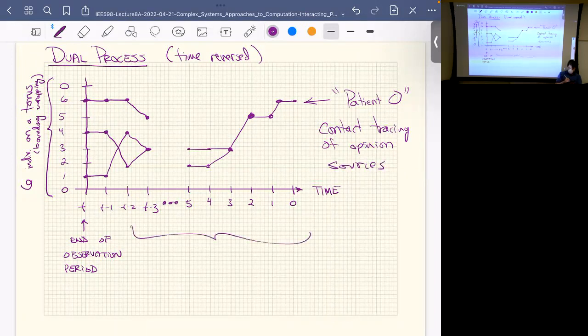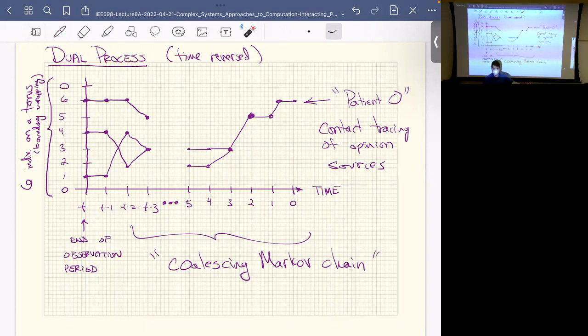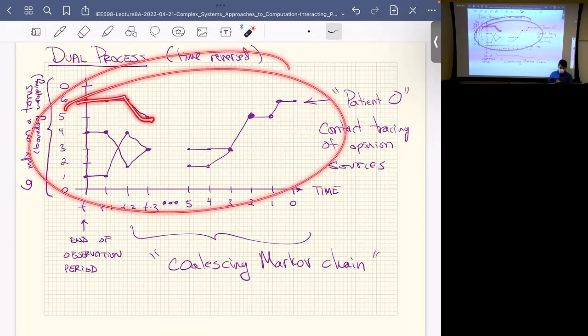And this is what we refer to as a coalescing Markov chain. And what I mean by that is, although the actual physical process that drove this whole thing was going from time 0 into the future, it generates a trace whose statistical properties are consistent with a Markov chain that somehow started in the future and then progressed into the past. So mathematically speaking, we can model probabilistically the evolution of these lines as they move and coalesce with